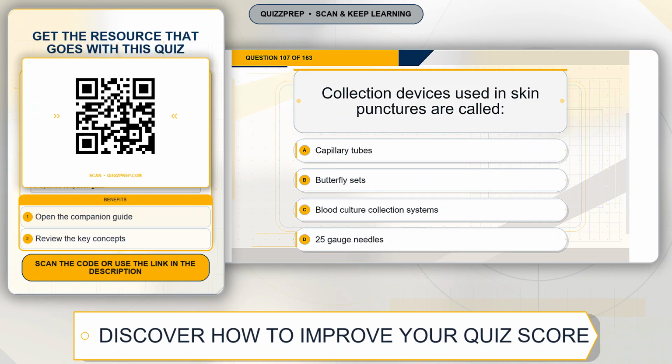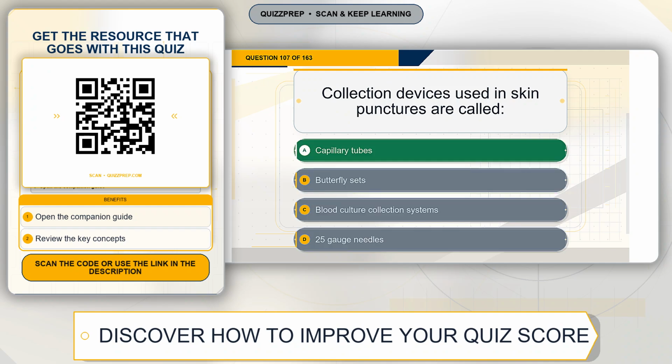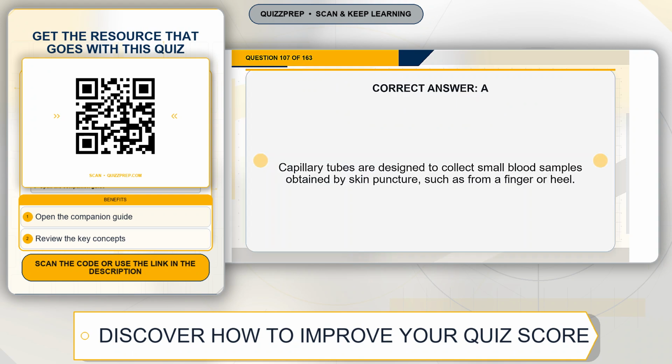Question 107. Collection devices used in skin punctures are called. Option A, capillary tubes. Option B, butterfly sets. Option C, blood culture collection systems. Option D, 25-gauge needles. The correct answer is option A, capillary tubes. Explanation. Capillary tubes are designed to collect small blood samples obtained by skin puncture, such as from a finger or